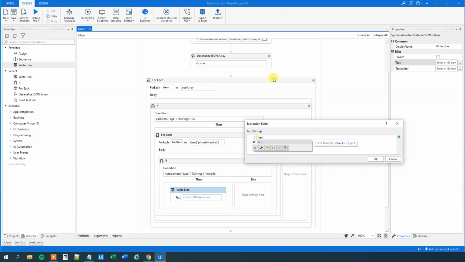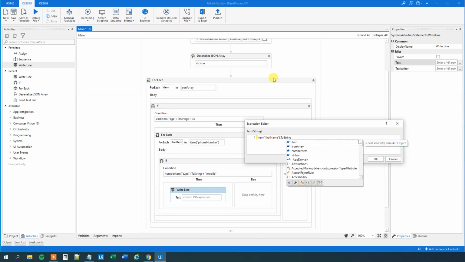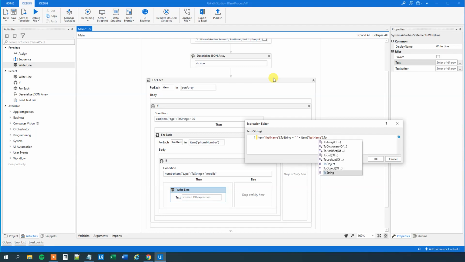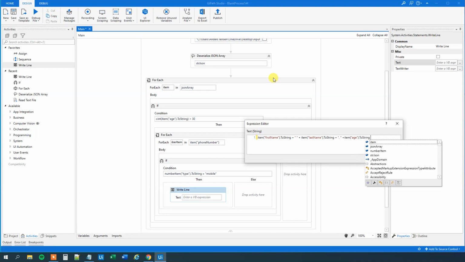Remember, we got them from up here. So item, then first name toString. Then we'll have a space, and item last name. Like this. So now we printed out the name, then we want the age, so that will be the same syntax, but let's write a comma in a space, and then plus, and then we'll have the item age toString, and finally we can write out the phone number, and first let's have a comma and a space